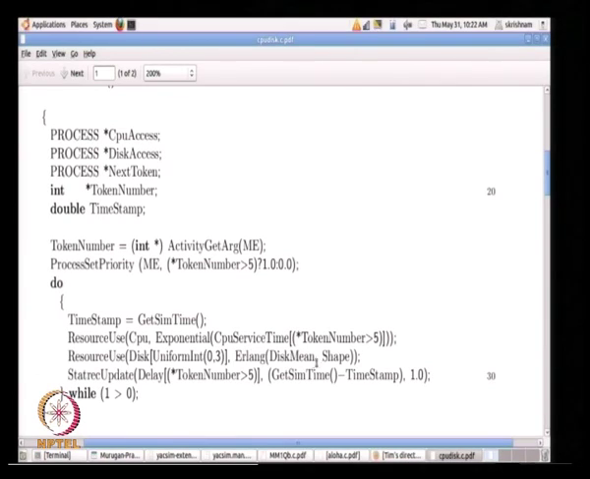This is the mean, and if you look at Erlang, there is also a shape parameter. A and B are the 2 parameters. So mean is 1, and the shape parameter tells you what will be the service time. So it's another random variable defined by this Erlang distribution. Okay. So then resource use for the CPU, resource use for the disk, and then finally when we are done,